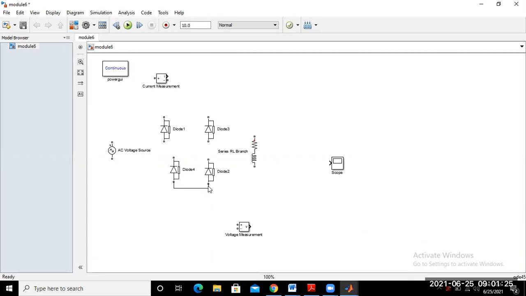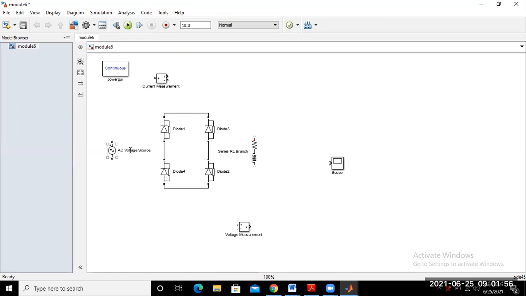Okay. And connect from here to here, and from here to, and again from here to, yeah. So this is the connection for the diodes.